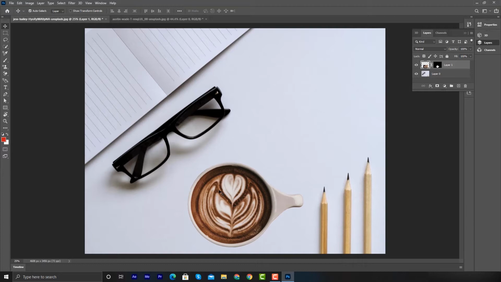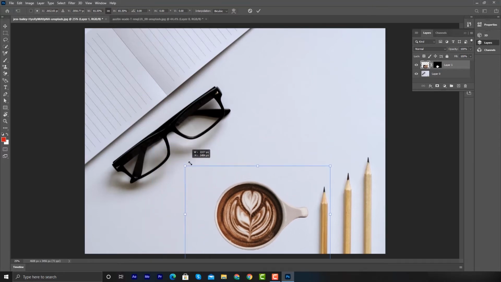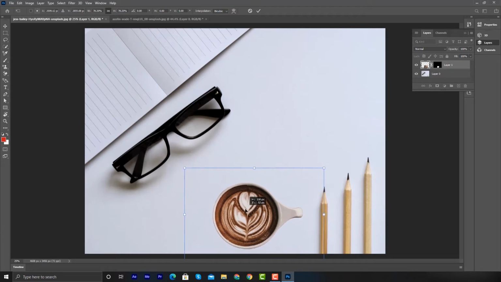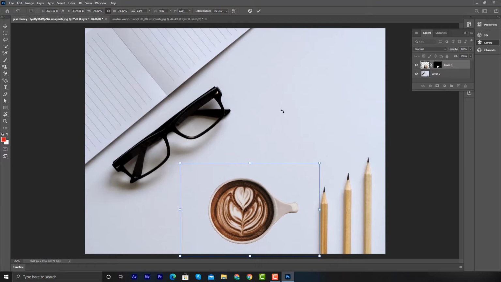and I need to resize it simply by pressing Ctrl and T in Windows or Command T in Mac, as you can see, and gently resize it. Yeah, I think this one is good. And then click here to confirm it. And then, as you can see, it's not kind of matching, but we will match it